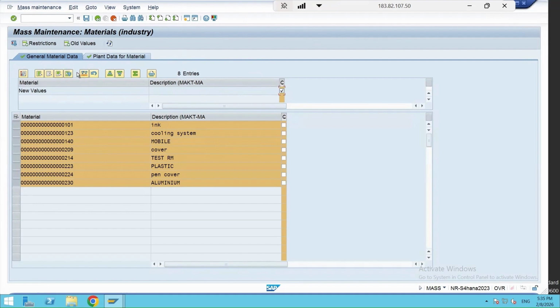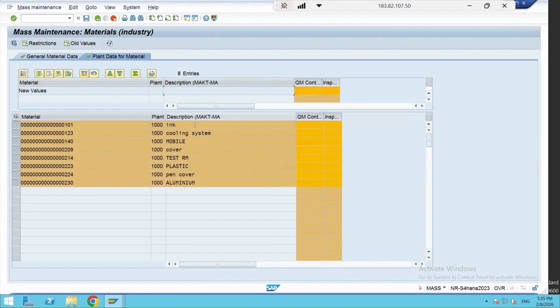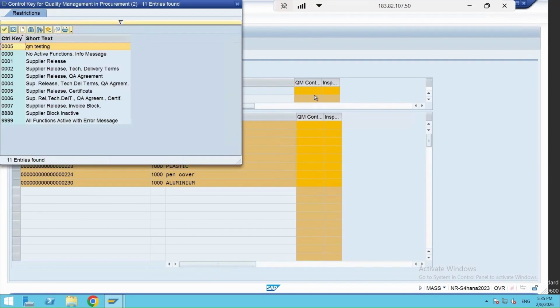Okay, and then you can click on perform mass changes. So on the lower half, for all the materials it is checked. Let's go to the plant level data, and here I can maintain the control key for all these materials. So I can select, say if I want